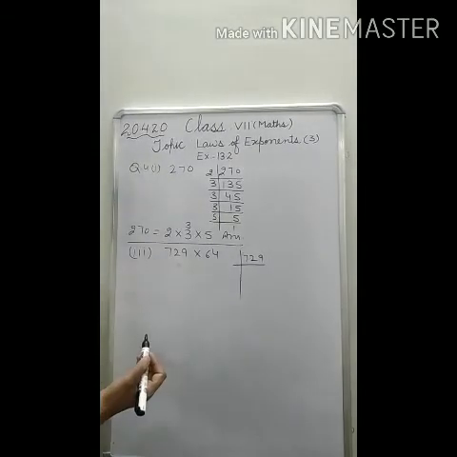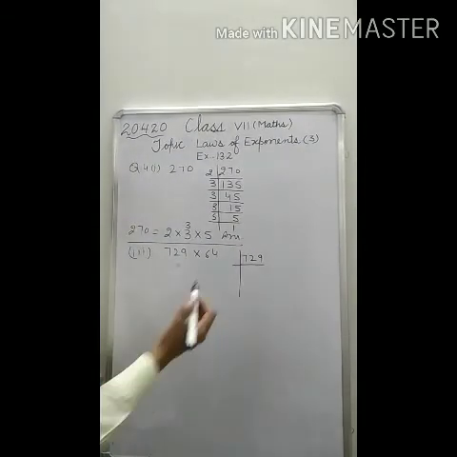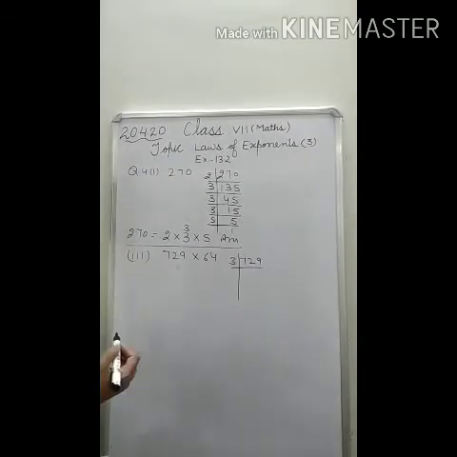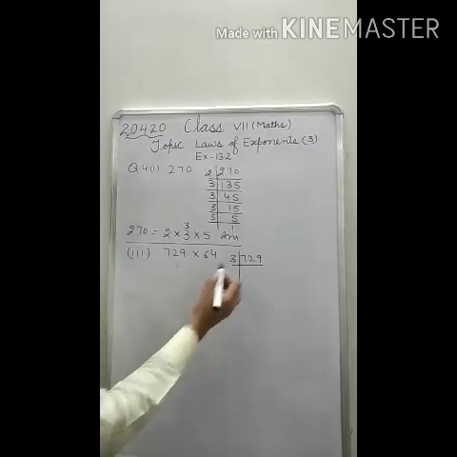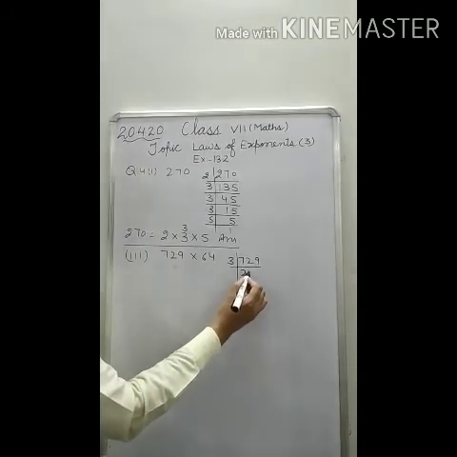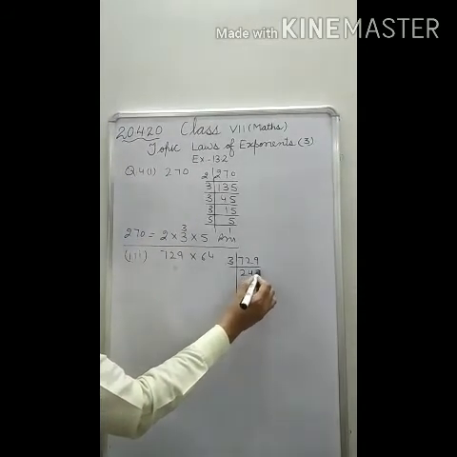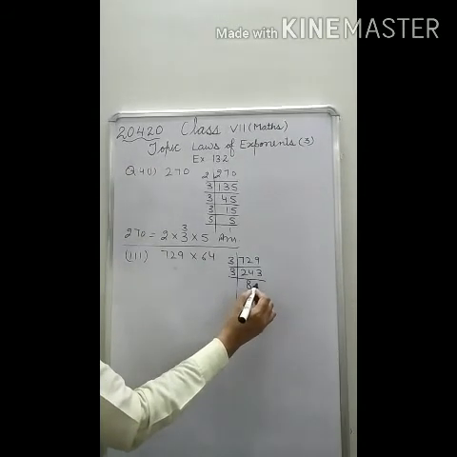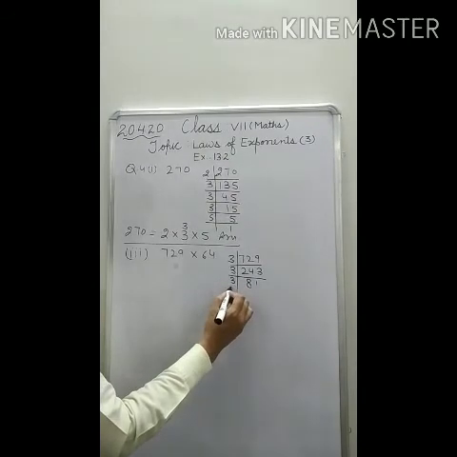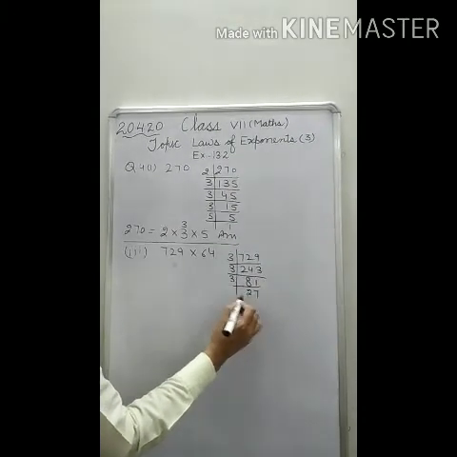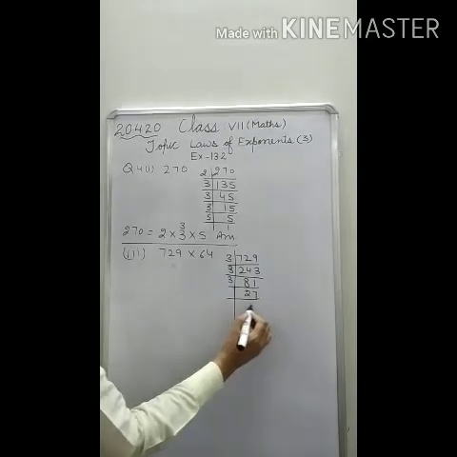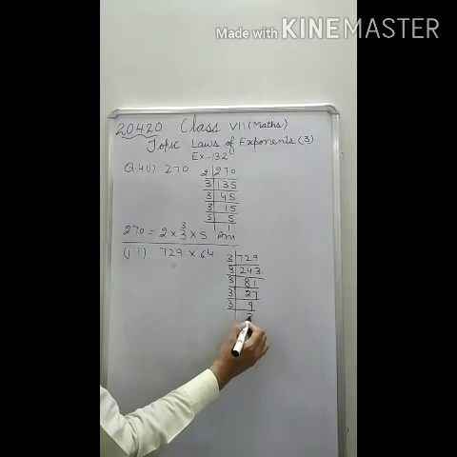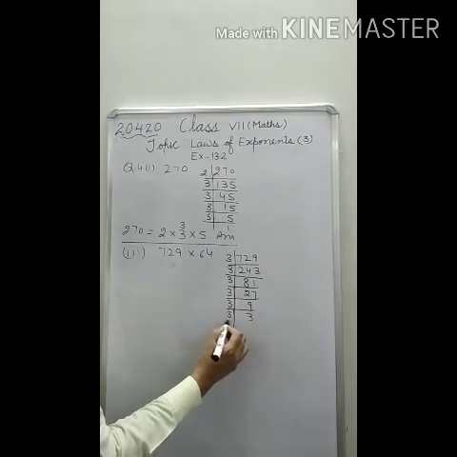Here the ones digit is 9. It means it is not divisible by 2. You check 9. Here the sum of digits is 18. So it is divisible by 3. Now 3 twos are 6. Then 3 fours are 12. 3 threes are 9. Again divide by 3. 3 eights are 24. 3 ones are 3. Again divide by 3. 3 twenty-sevens are 81. Then take the next number. 3 nines are 27. Then 3 threes are 9. Then 3 ones are 3.